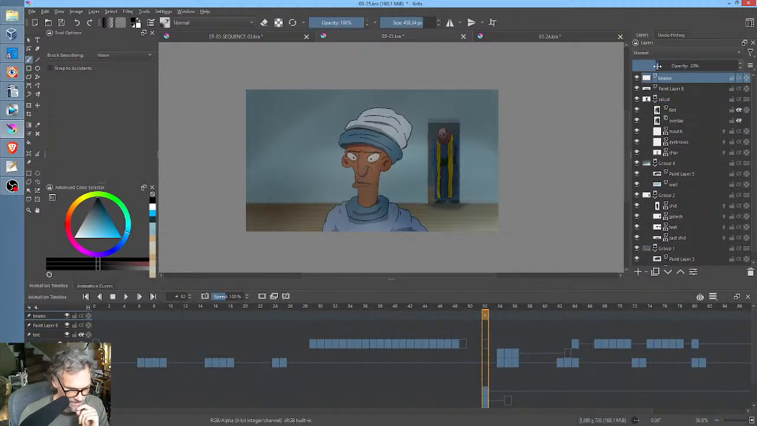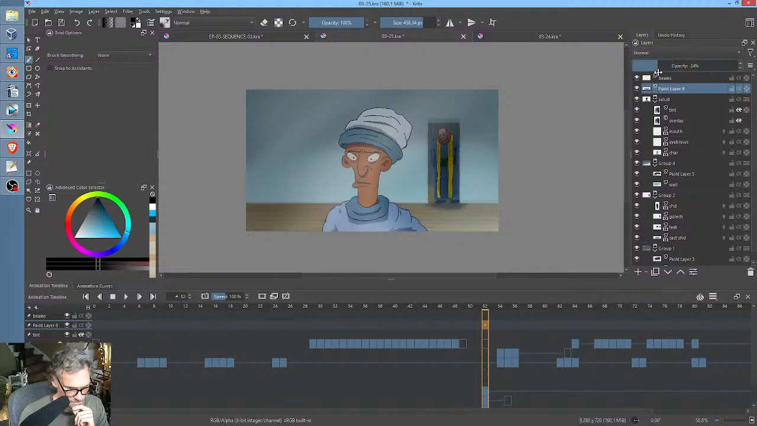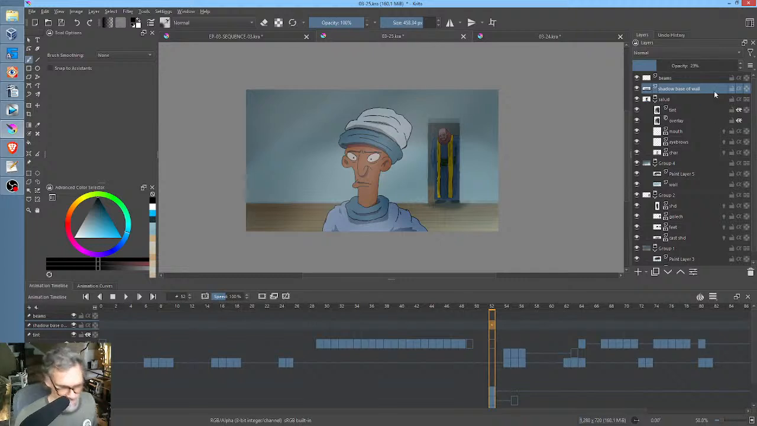So, I mean, I'm playing with it. I'm not sure I'm loving what I'm seeing here. It's okay. This is basically shadow base of wall. Okay, now that we've got that,